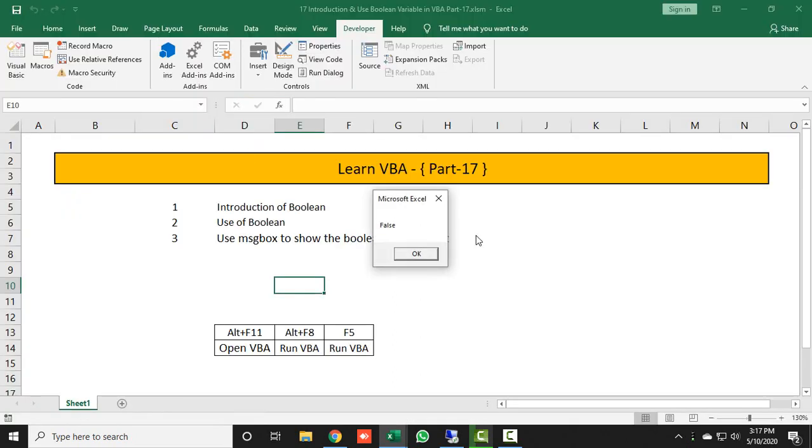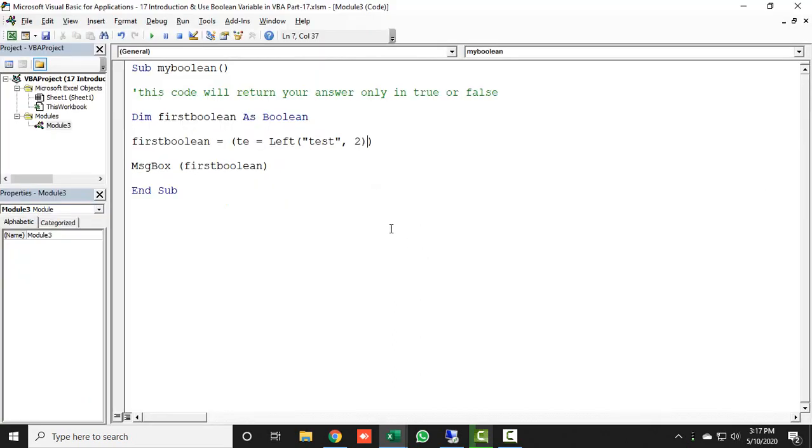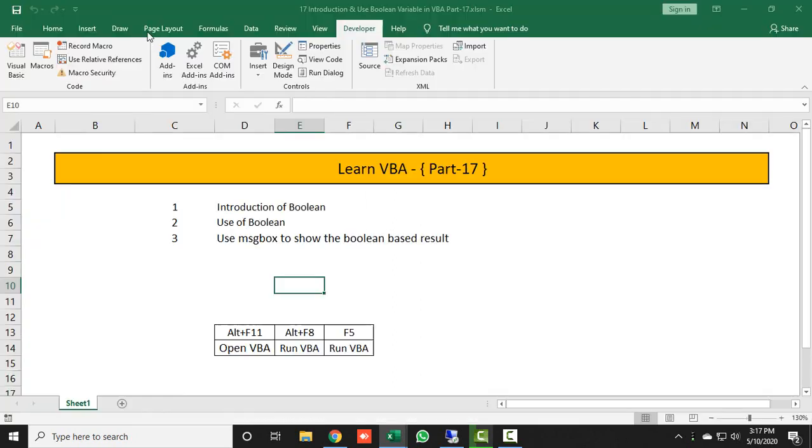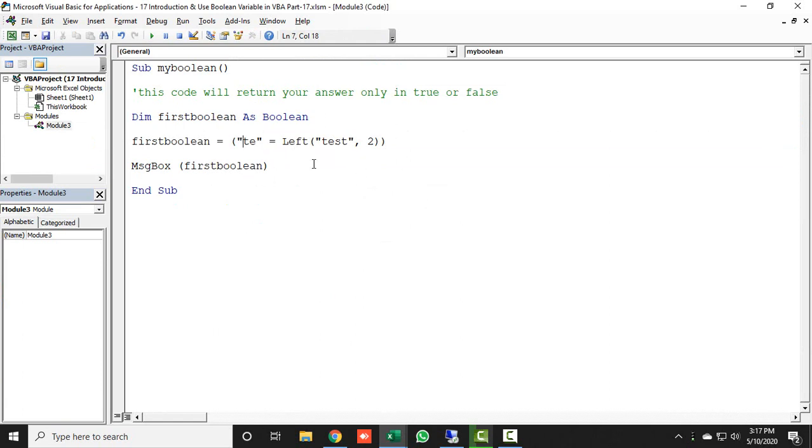Let's see. Here you can see it is false because there is some mistake, and let's check what the mistake is. I also need to put quotation marks for these alphabets, and let's check again. Press F5. Now you can see it is true because when I test this in VBA, the test is coming from TE.